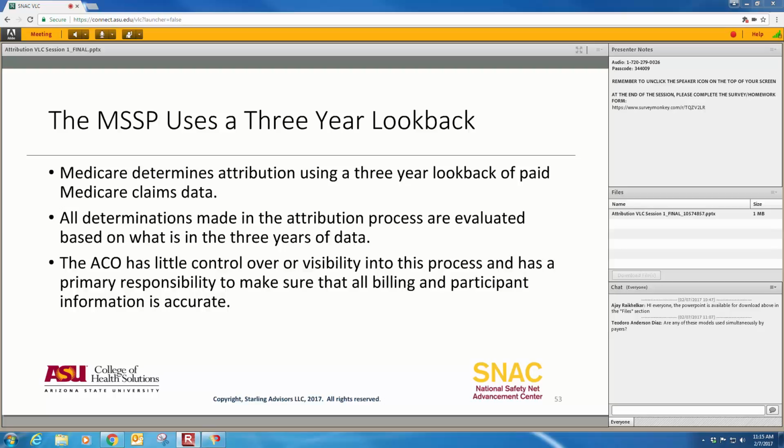I mentioned the program uses a 3-year look back. So what it does is it takes all paid claims for the population of patients served by the organization applying to be in the program, and literally pulls every Medicare Part A and B claim that was paid. The determinations made in the attribution process are evaluated based on what's in that data. And so the ACO itself has virtually no control and little visibility into that process. So while there are some things that an ACO can do to predict that it will have more than 5,000 patients,